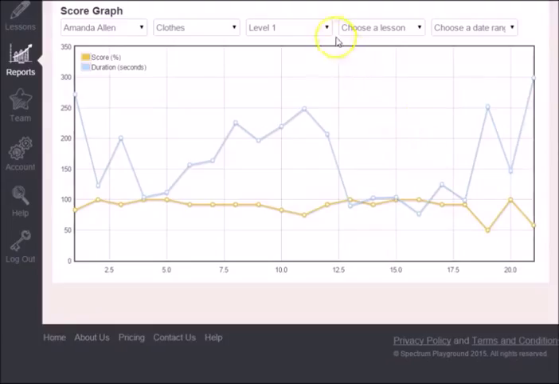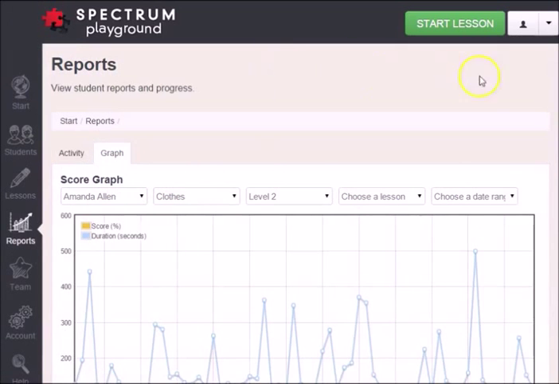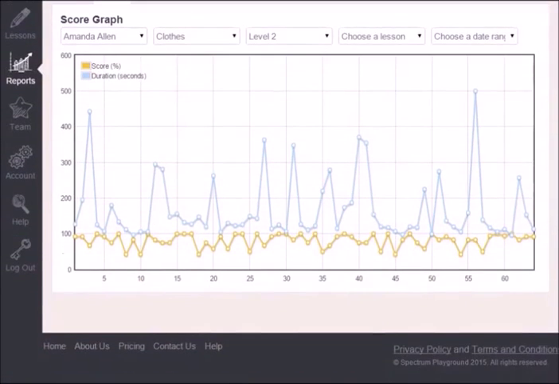If I want to see how this child did in level 2, I select that level and then the data populates. So the first thing that I can see is that more lessons were played. Over 60 lessons were played in Close level 2, and I can see that the scores were up and down. So there are some scores at 100 or around 100 and others that were down around 50. So this might be an area where I want to spend a little bit more time and emphasize some of